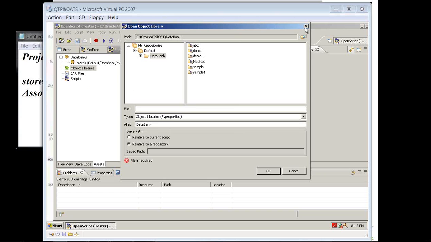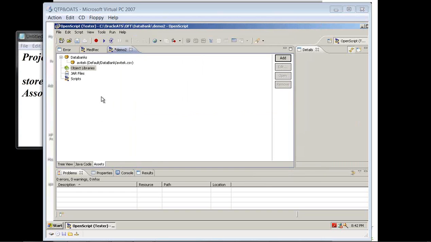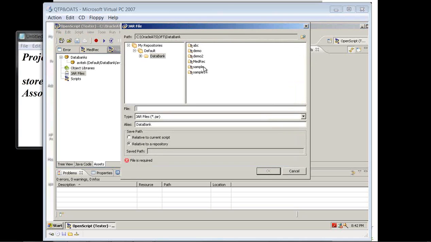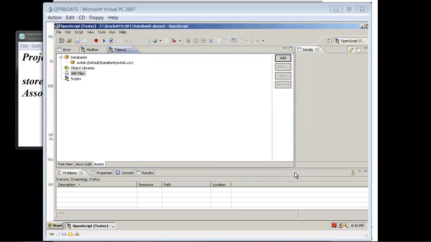And this is the jar files. In the jar files section we can add those jar files which will be helpful for us to execute any of our Java based applications. When we go for a Java based application, we need some jar files to execute it. We will see that later in greater detail in later sessions.